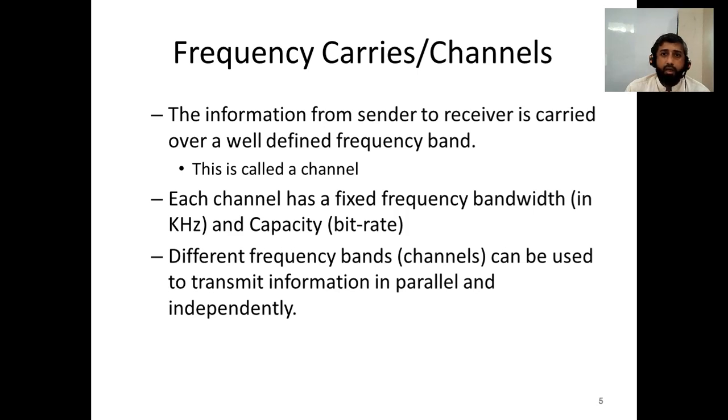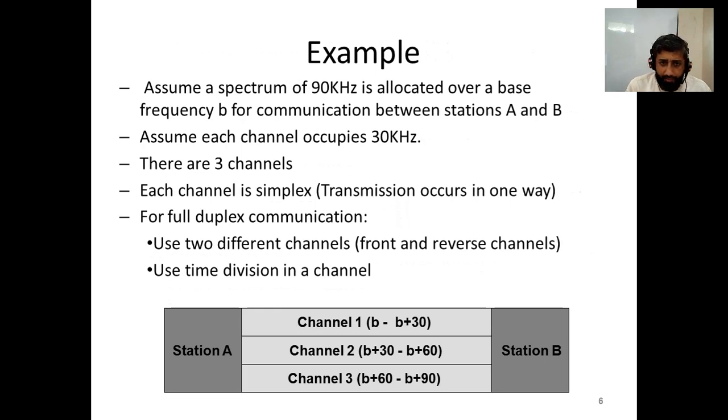And because we can divide the signal into different frequency bandwidths, that means we can transmit various signals in parallel, and they will be independent of each other because they will be at different frequencies. So actually we can use the free space medium to transmit simultaneously many different signals by sending the signals over different frequency bands. So as an example, we assume that the spectrum of 90 kilohertz is allocated to transmit that signal from station A to station B,